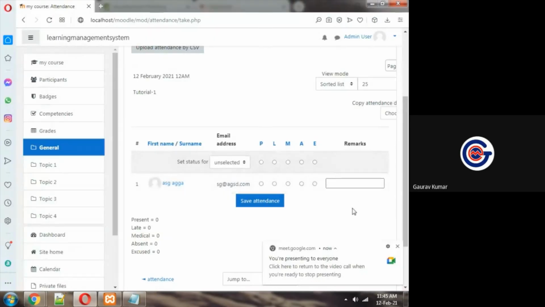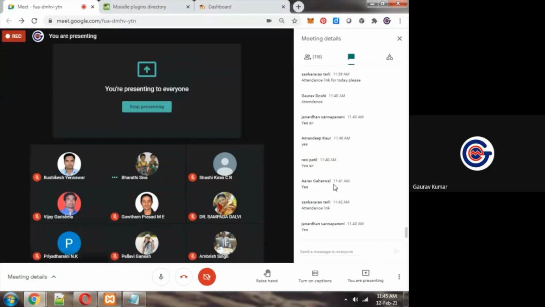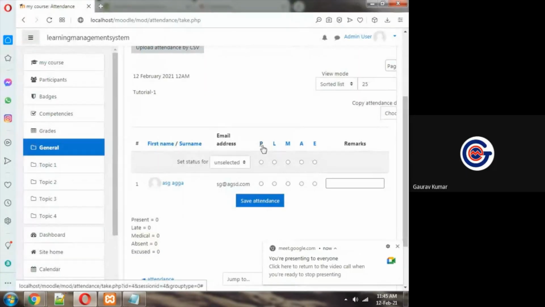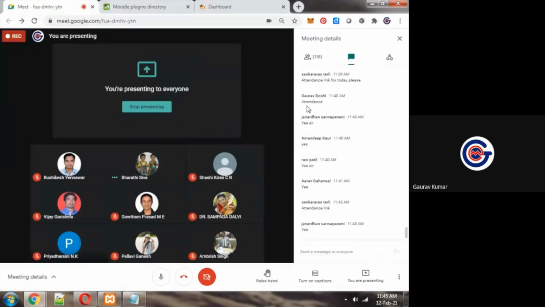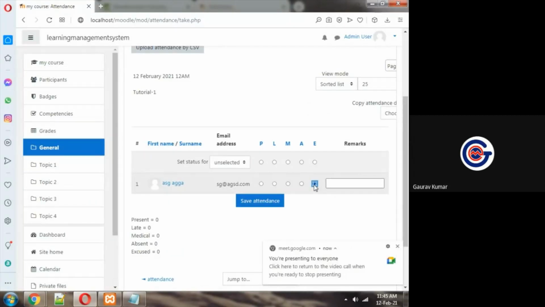Is this visible to all of you? That updated status is available with the teacher. Okay, for each and every class, for each and every section, for each and every subject, if we want to modify the attendance criteria. Is this clear to all participants that we have modified these attendance types: present, leave, medical, absent, and excused? Okay, if we want to work on only present and absent, it can be done. Okay, suppose I want to mark it E, excused, save attendance.